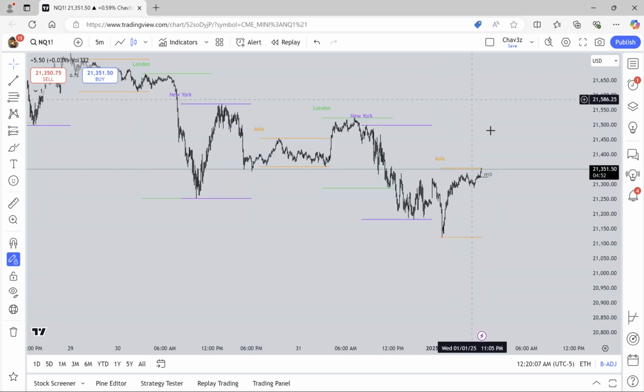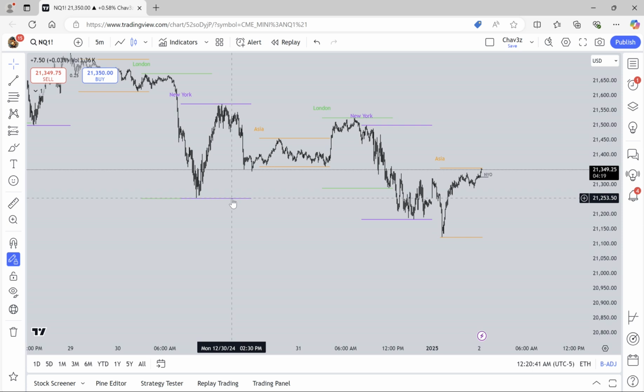So for yesterday, I was, we're going to say 100% spot on, right? Because what I wanted to happen was for us to raid Asia high and then to drop and attack previous day low. We did that. The market moved in the way that I anticipated, and I was able to capitalize on that anticipation and identify the measurement needed, right, from high to low, where the market was going to go. So that way I can take my trade and hold it through the whole day, through the hour, 10 minutes, 5 minutes, however long you want to hold the trade. But I anticipated where it was going, right?